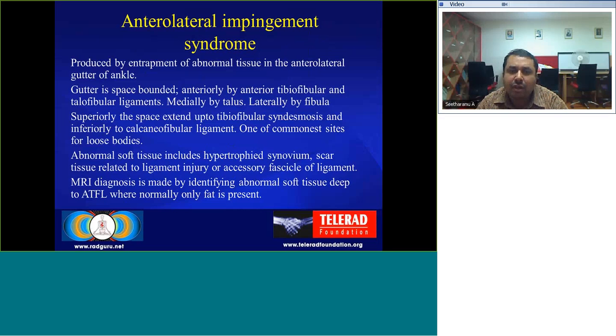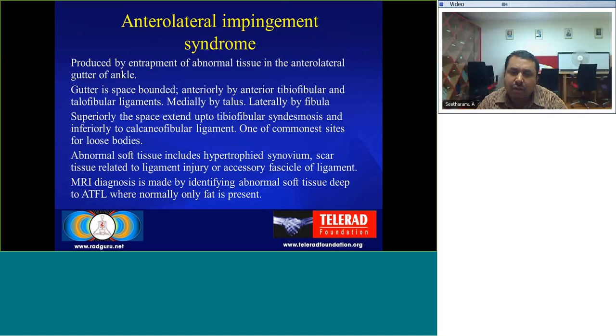The gutter is a space bounded anteriorly by the anterior tibiofibular and talofibular ligaments, medially by the talus, and laterally by the fibula. Superiorly, the space extends into the tibiofibular syndesmosis and inferiorly extends up to the calcaneofibular ligament. And the gutter is a common site for loose bodies. The abnormal tissues include hypertrophied synovium, scar tissue related to ligament injuries, or sometimes the accessory fascicles of a normal